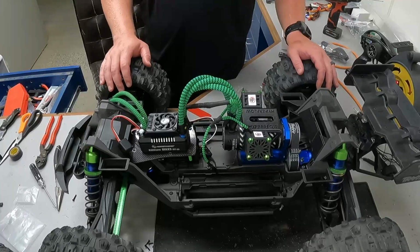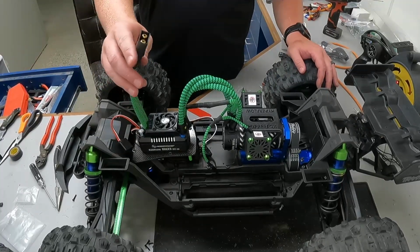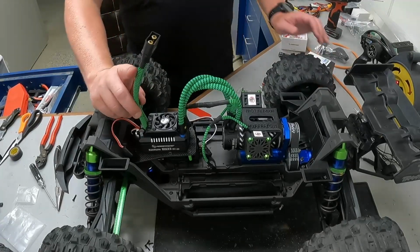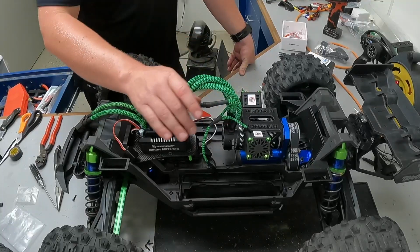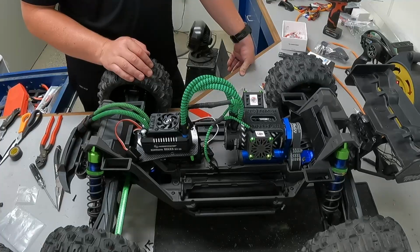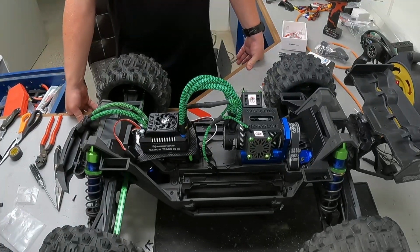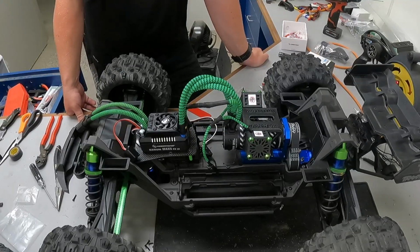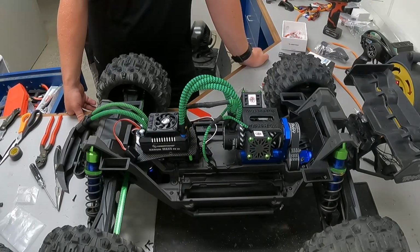But there you have it. This is kind of the final product. You know, I got this to run to where I could run different battery leads depending on the batteries that you have. Everything's all lime green and black matching, looking good. So at this point, probably film another video of just calibrating the ESC, running some power to it, and then once everything is functioning as it needs to, we will go ahead and take it out just for a little rip on the concrete to make sure that belt tension and everything's good, everything seems to be functioning fine,